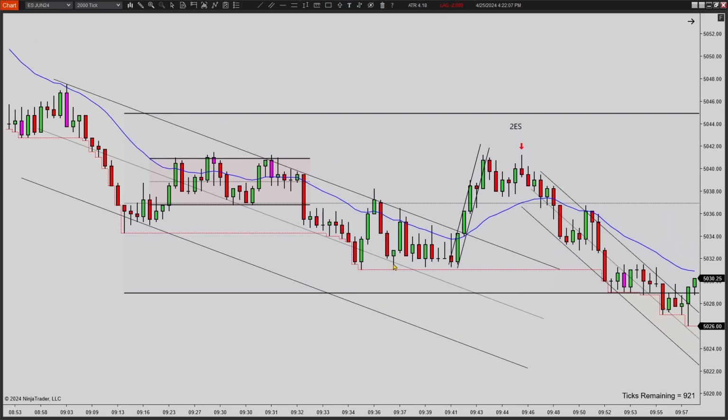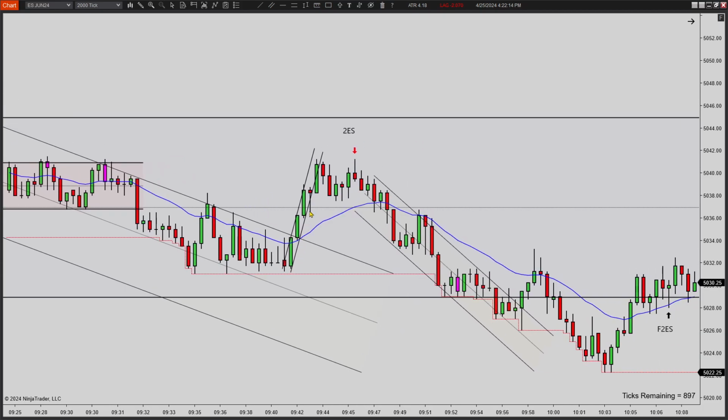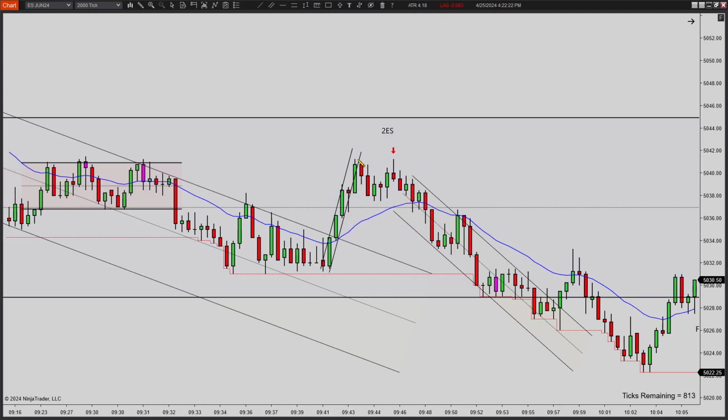You just get a couple first entries. There's nothing here. Then you get some congestion, but then you get this break up, and 1, 2, 3, 4, 5 bars to the upside. Pauses, break, new high. And you get this micro double top, and you get a second entry short. So first entry, second entry short, plenty of room back to the EMA, and just make sure we get our